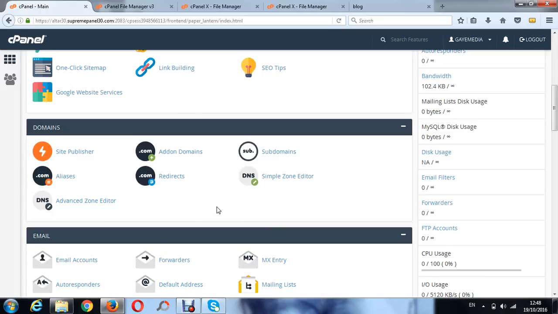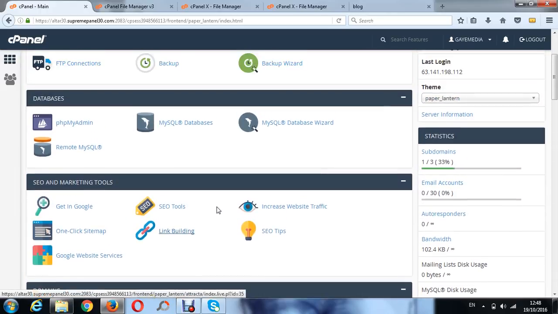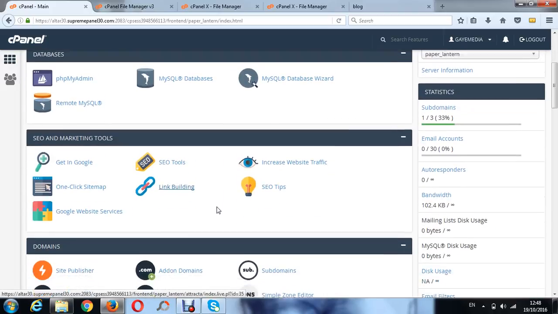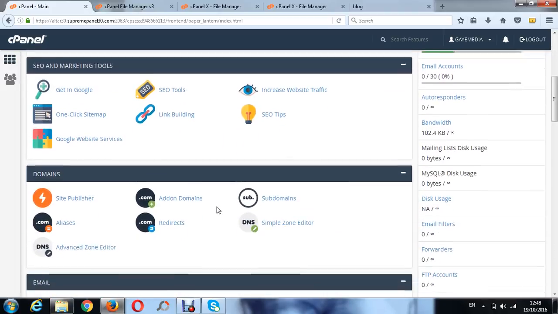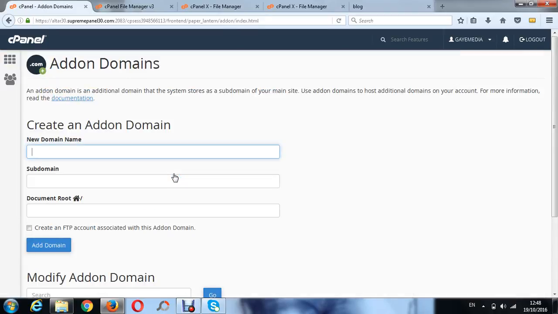Subdomains, add-on domains. My website does not allow me to have add-on domains. I'm sorry about that. We will not be able to create an add-on domain. But if you want to create an add-on domain, all we would have done is click on add-on domains, just like we did for subdomains. And here I would have put my new domain name. Let me just put like